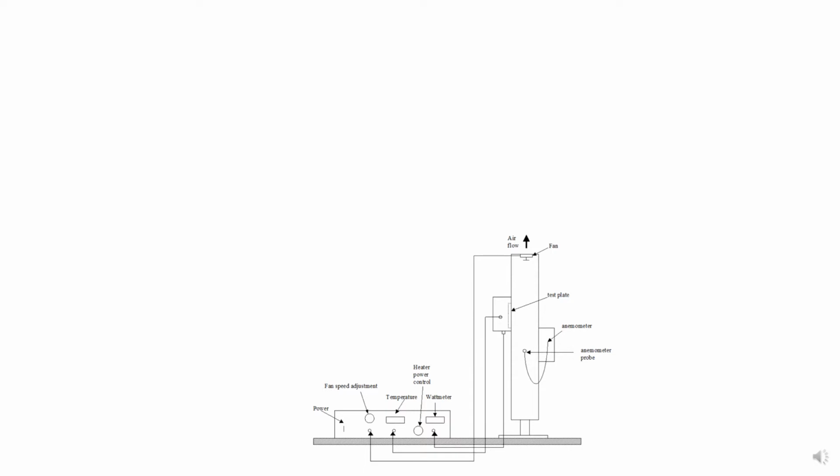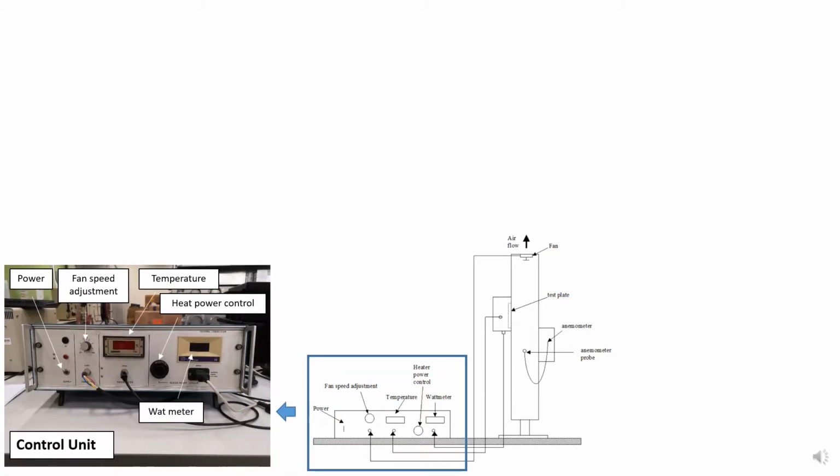Well, this is the equipment we used in our experiment. It mainly consisted of two parts. This is the control unit. We can use the control unit to turn our equipment on or off with the power button. We can also use this unit to adjust the fan speed or control the heat power supplied into the heat exchanger. The surface temperature of the heat exchanger and the heat power supplied into the heat exchanger can also be